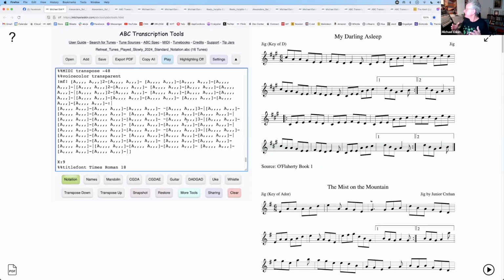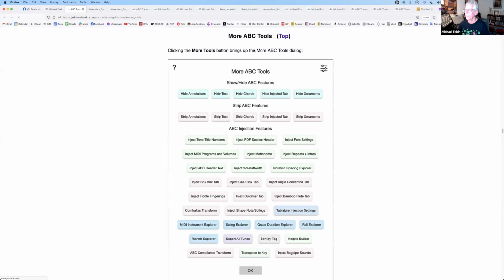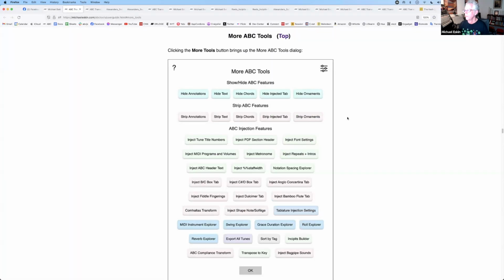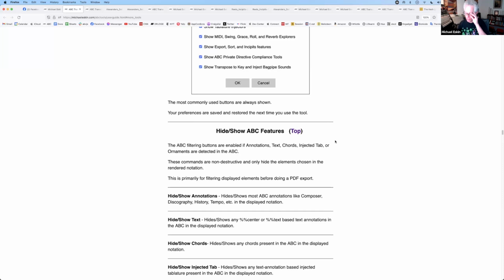Again, the last half hour has been about going deep into the weeds to show you that, for the most part, you may never need to get into this more tools dialogue here, but there are some incredibly cool features here that I would encourage you to explore. And all of this is detailed in excruciating detail in the user's guide. And if you notice, all I did was click on the question mark. Anything you have a question mark on in the tool will take you directly to that section in the user's guide,